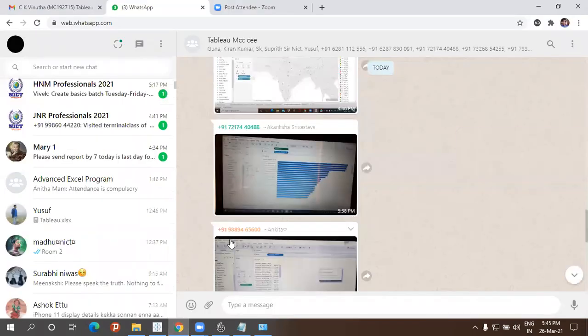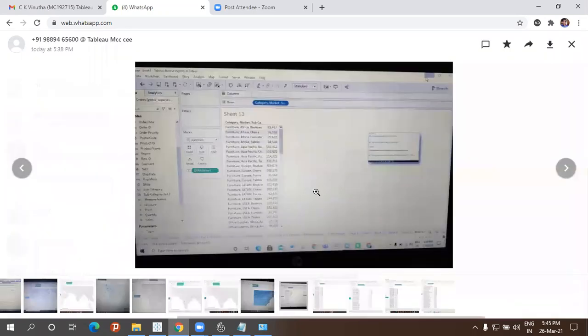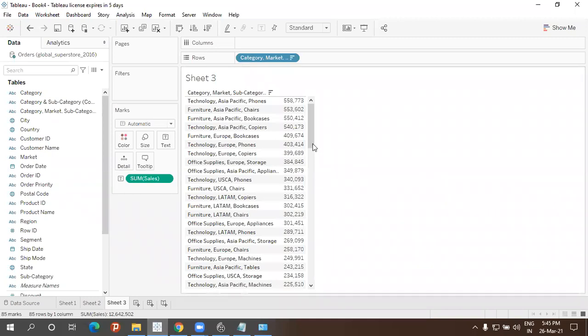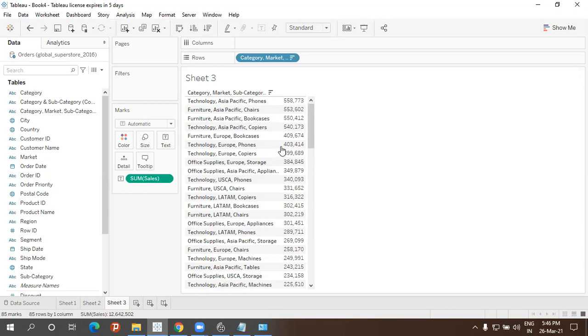Your name? Sir, Ankita. Nikita, is that yours? You have taken category, subcategory, and sales. Make it ascending or descending order. Make it descending order. Yes, sir, I got it. Because I ordered it, that's why. For top 10, you have to order by descending, then it will be easy. That's why. Okay, so good. We are not done well.